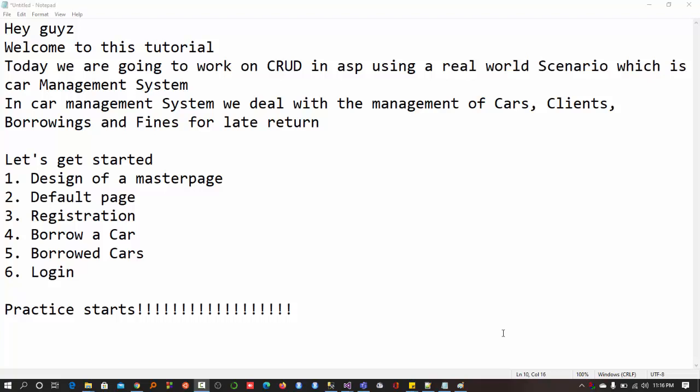Today we are going to conclude in ASP using a real-world scenario. And the real-world scenario that we'll be using is a car management system. As some of us know, in a car management system we deal with the management of cars, clients, and also the borrowings. And once you borrow, you might be late to return the car and you can be charged a fine, or you can even pay for those days that you've spent with the car once the time on the agreement to